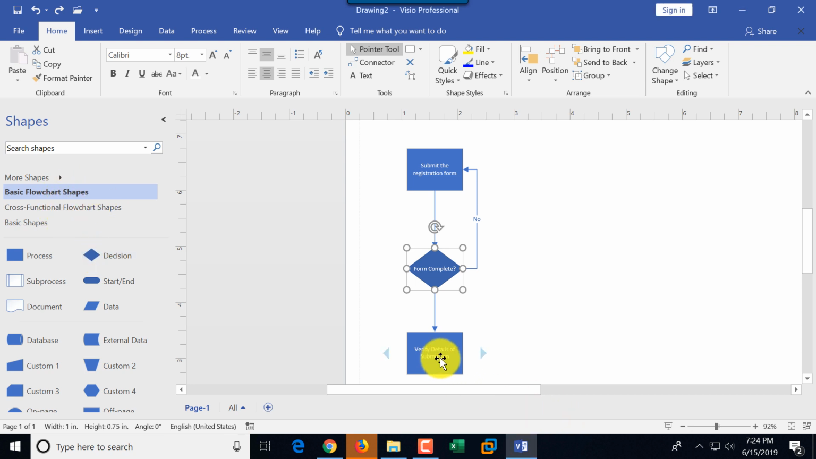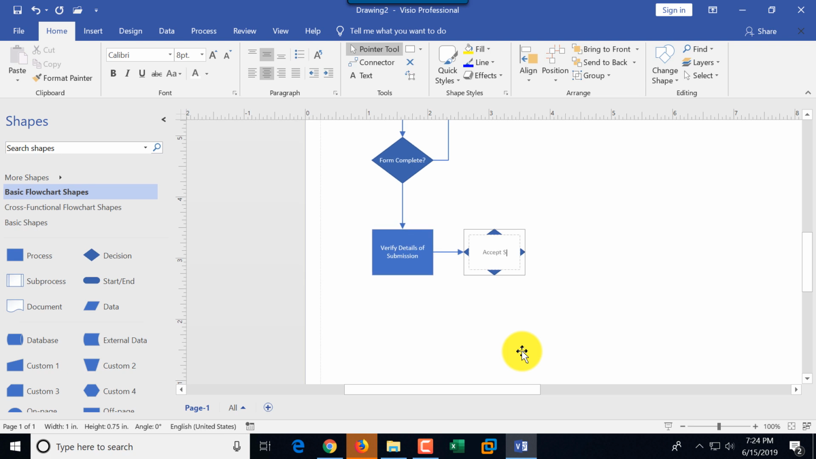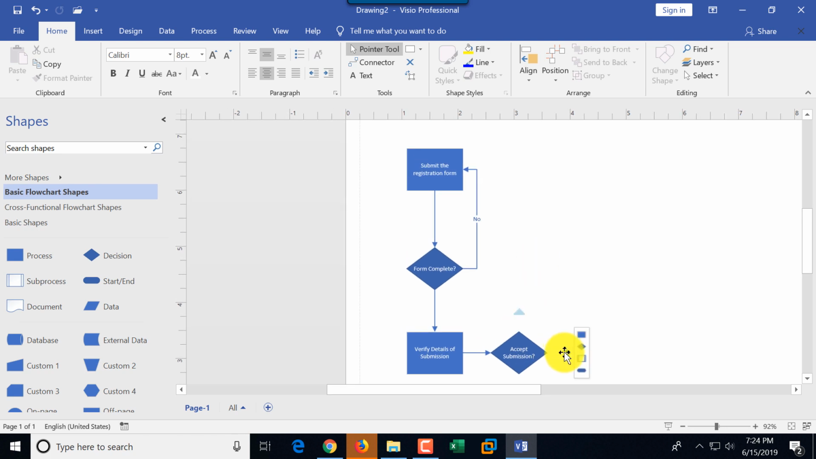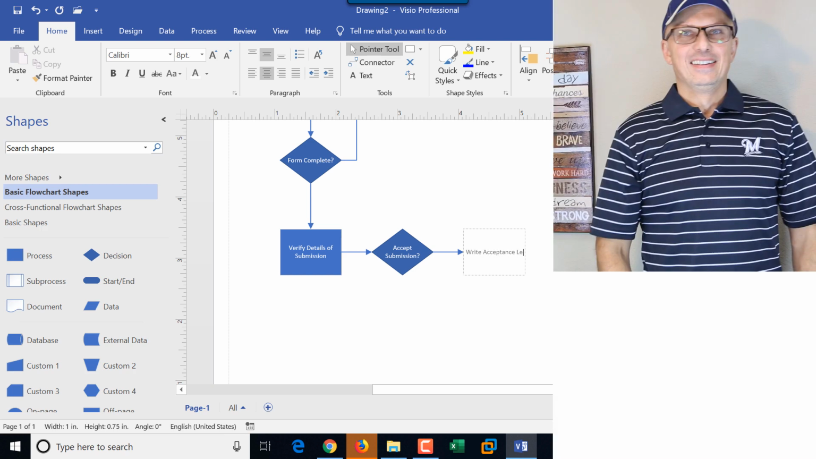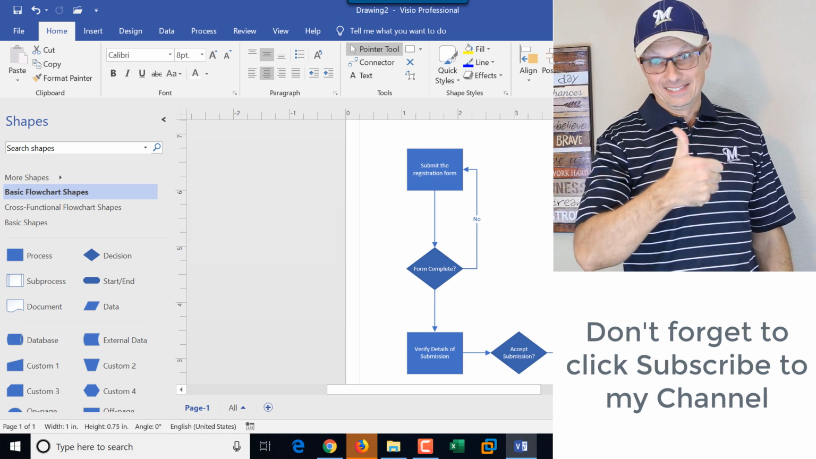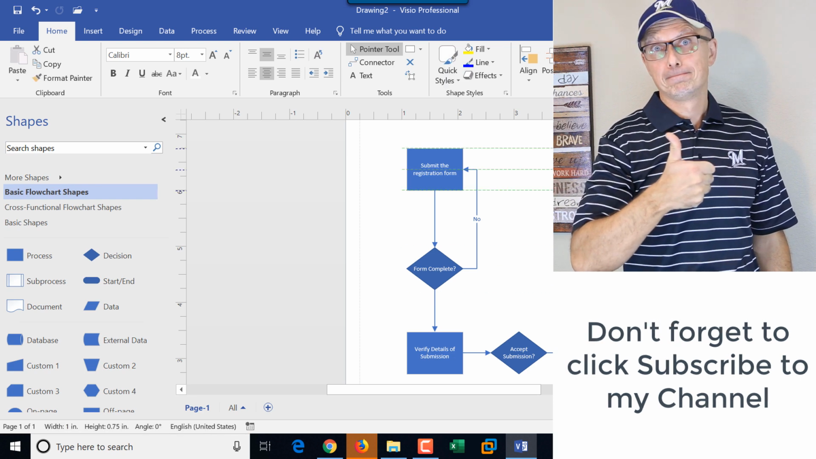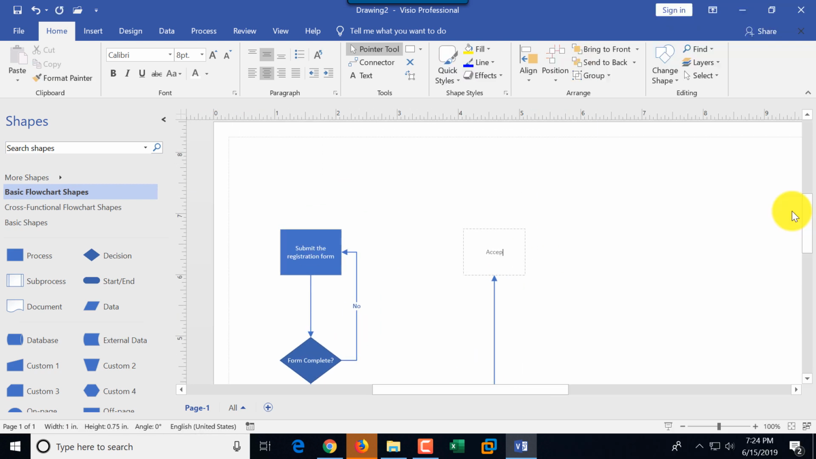Or we can select the shape, a rectangular shape, and then add a decision point diamond, type "accept submission?" If we say yes, then we say "write acceptance letter," and let's draw an acceptance letter back to the student. I didn't select the shape type, but I can change the shape letter, so I can just say acceptance letter,